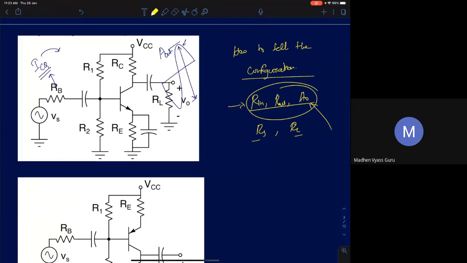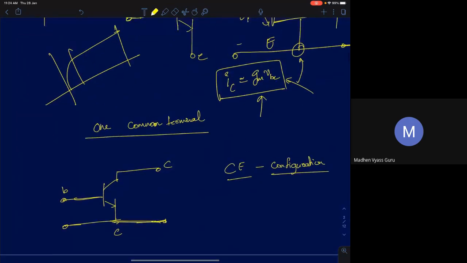And I told you the significance of each of those quantities. A naught tells you, even before you start your design, the fundamental or maximum gain that an amplifier can give you. That is obtained from the intrinsic gain value. So we will now find out all these three parameters for one of the simplest configurations, called the common emitter configuration. So let me go back to this circuit. What did we come to the conclusion? We came to the conclusion.